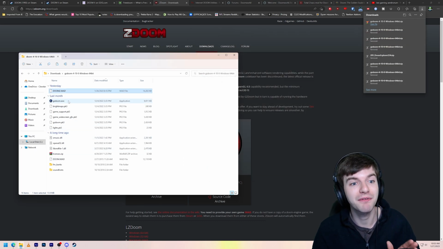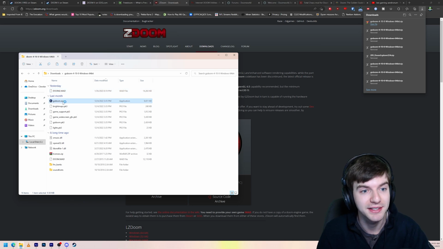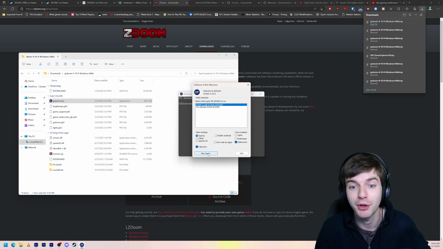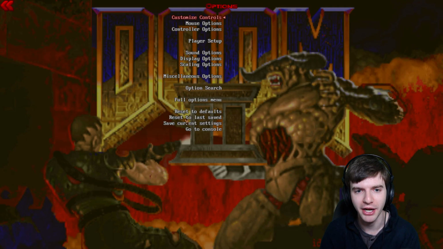So now we have the setup for GZDoom, and we can start it by hitting the executable here. Double click. We're gonna select either Doom 1 or Doom 2 based on what you wanna play. I'm gonna use Doom 2 just because that's what most mods use. And now that we have it open, we're going to go into our options menu here and change a couple